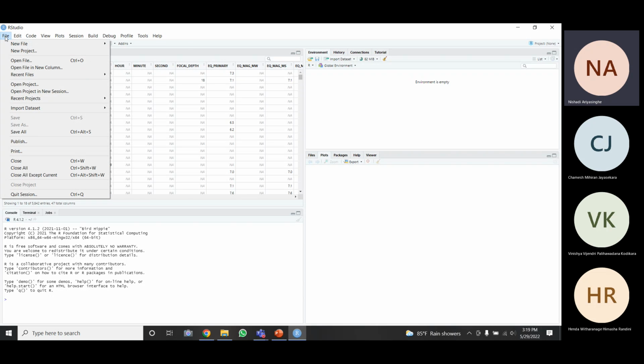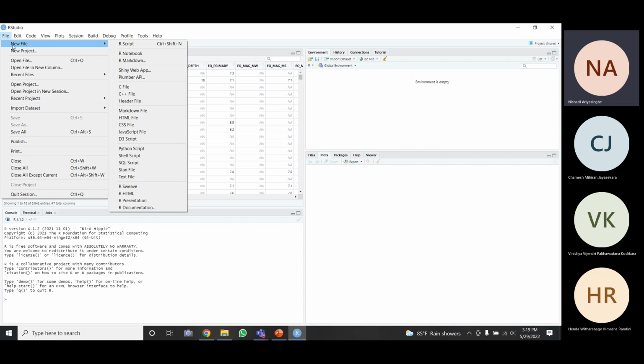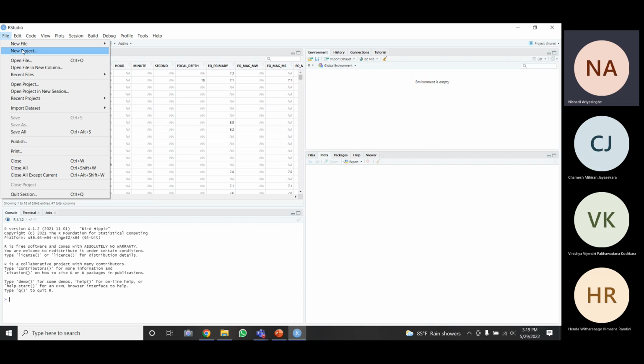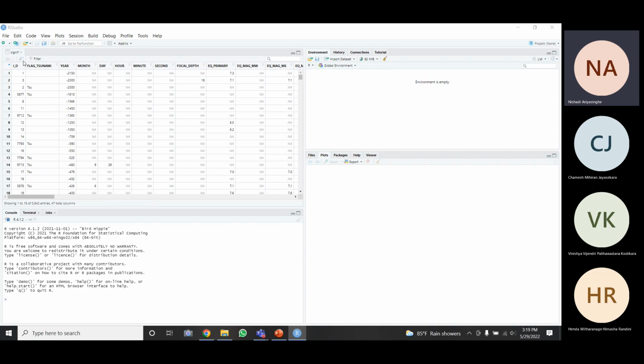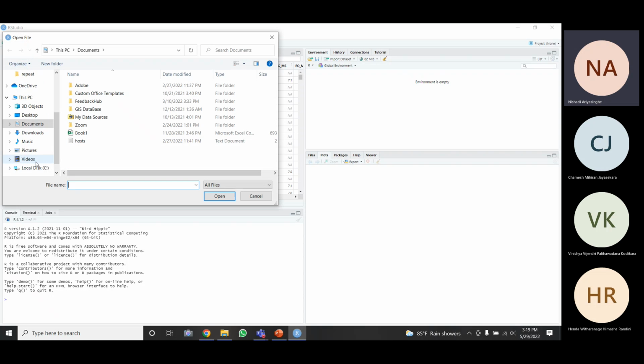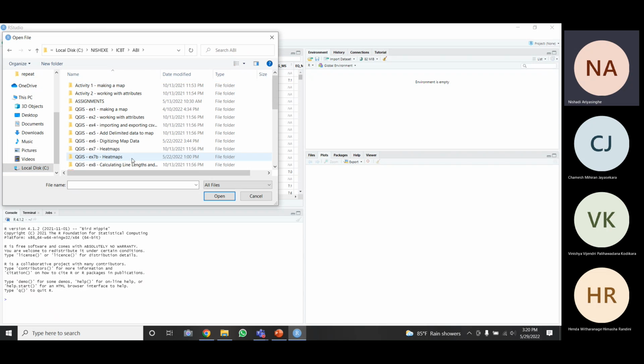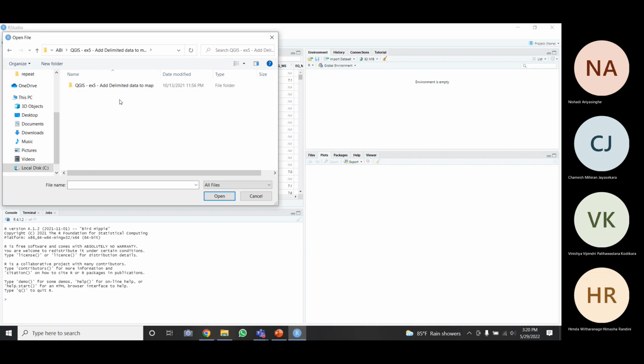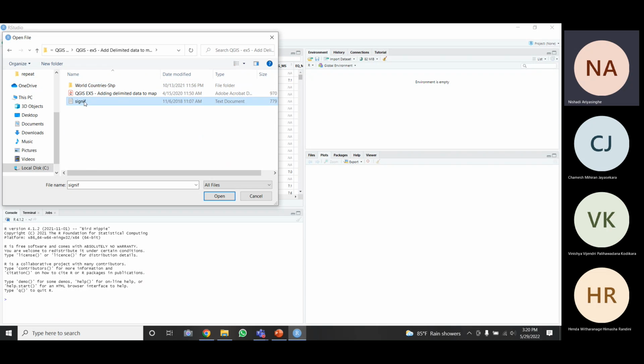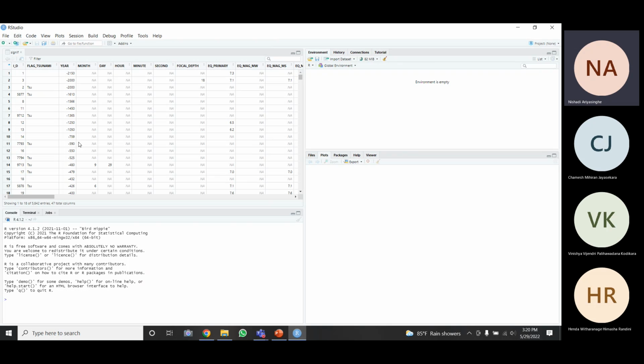You can simply go to file, new file, or maybe new project or open file. So you can open file and go to the particular place and load the file. So this is the data file. You can just click this and open it. When you open it, it will be loaded here, right?